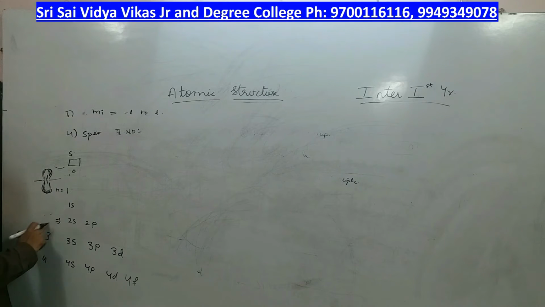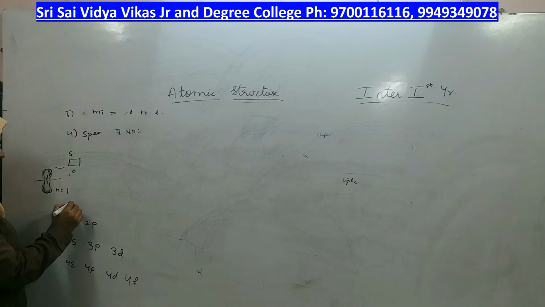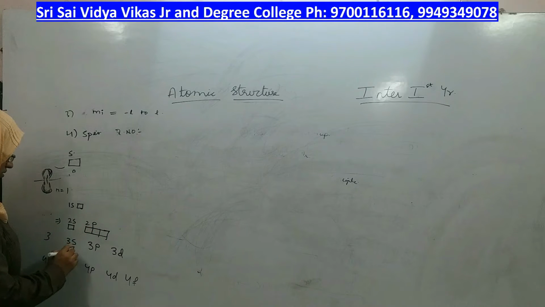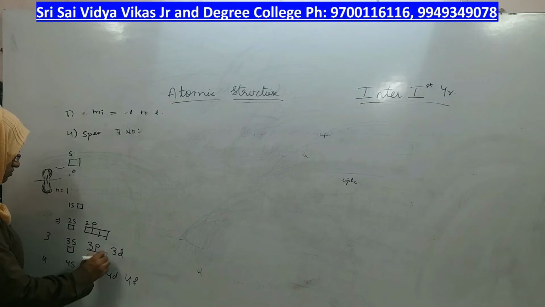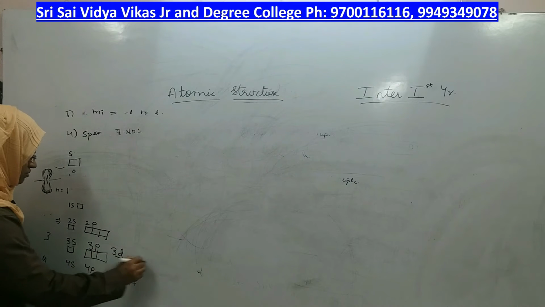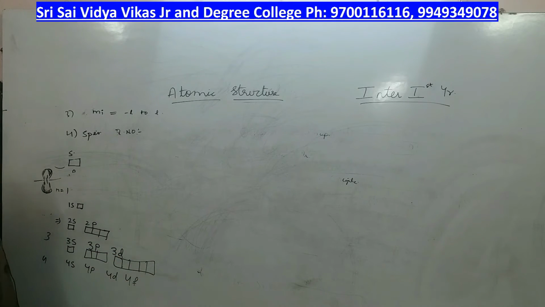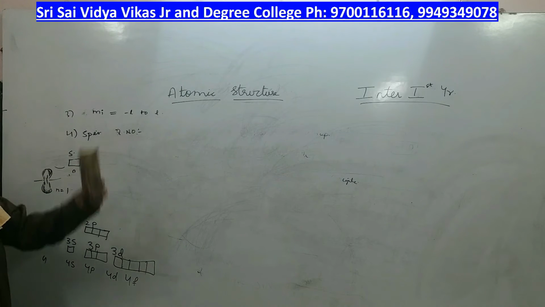So now what you have to do is give electrons in each subshell and write its electronic configuration, right? So s orbital is this, s means this box, p means 3 boxes, d means 5 boxes. Now you have to start filling the electrons starting from the first. Whenever you start filling, that rule has to be applied.